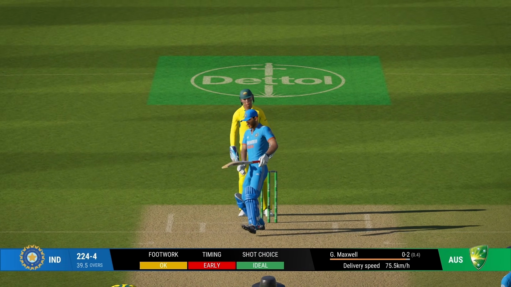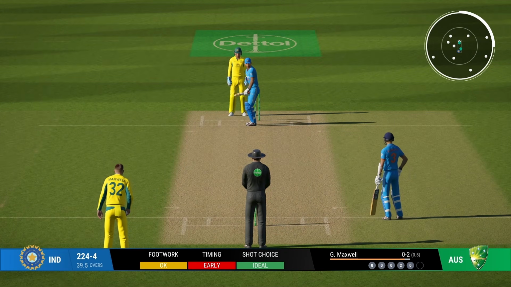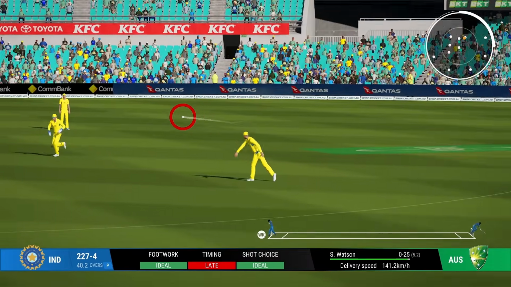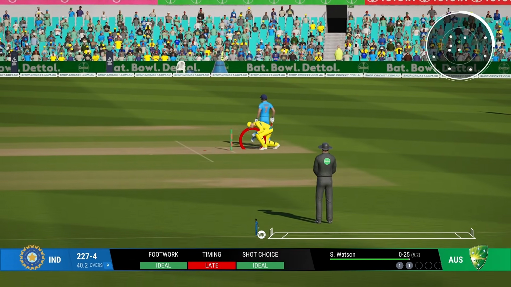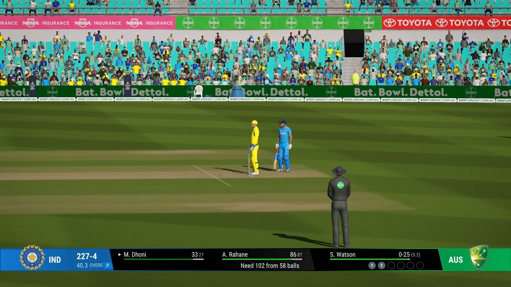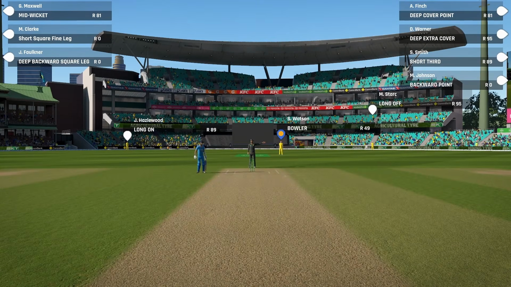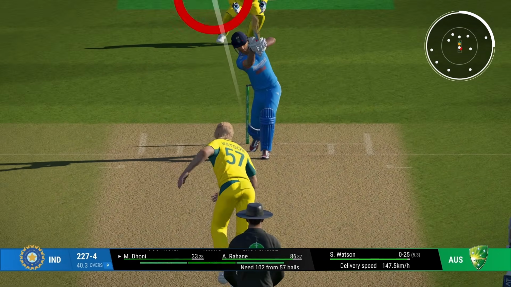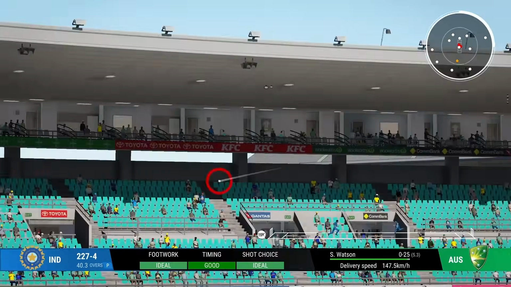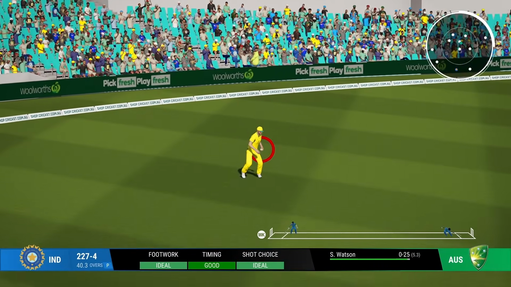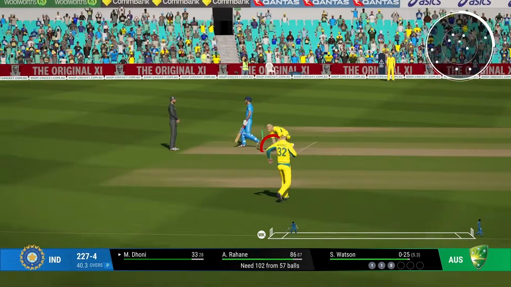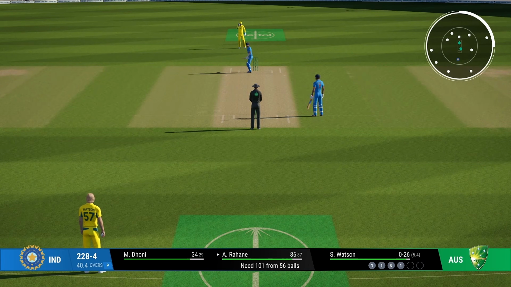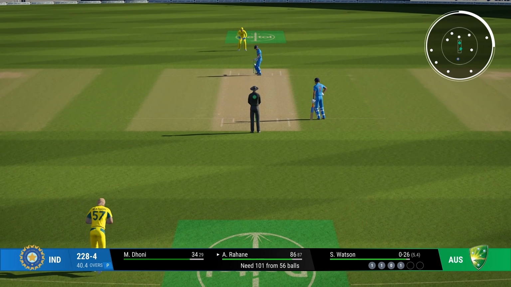And it goes between bat and pad. Spin might change things here. That's gone nowhere either. I'm late. We are starting to choke a little because boundaries are not coming, even though I'm trying pretty hard. Going over short fine leg's head is probably the only big gap in the field. You can go straight. Head goes on 1 bounce to the fielder. That was... I was aiming for the side screen. At least it won't go to hands, but that again had my heart in my mouth.